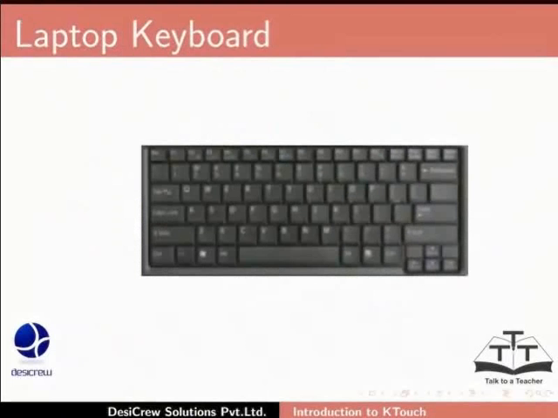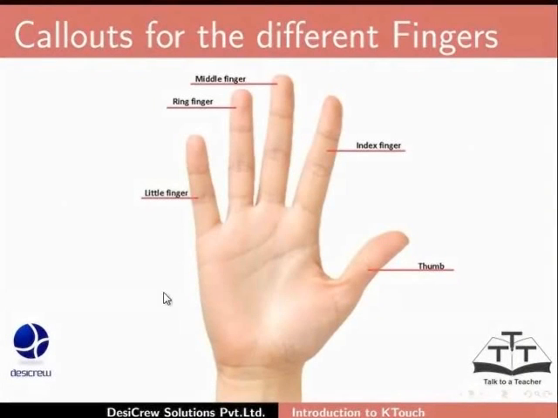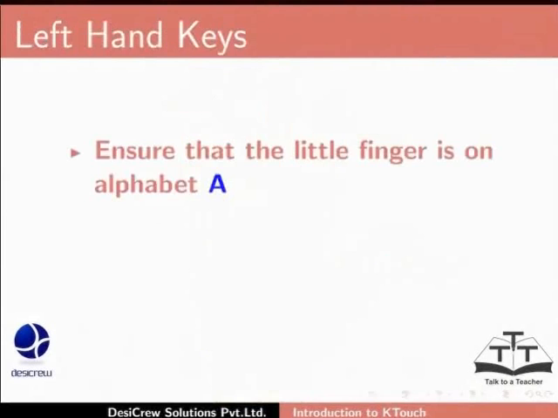Now let's see the correct placement of our fingers on the keyboard. Look at this slide. It displays the fingers and their names. Fingers from the left to right are named little finger, ring finger, middle finger, index finger, and the thumb. On your keyboard,